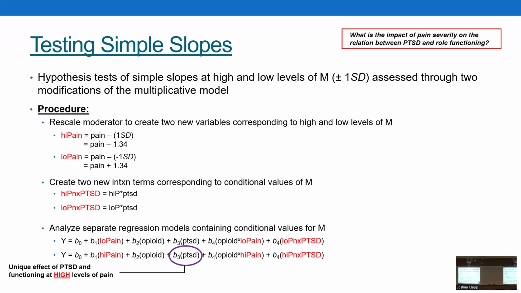So I'm going to run 2 separate regression models. Basically, April, what I'm doing is running the same regression model as I did before. All I'm doing is, in my base model, where 0 corresponded to the average levels of pain, I'm rerunning a new model where 0 now represents a standard deviation above the mean of pain. And I'm going to rerun that model, right? Because if we go back through and think about